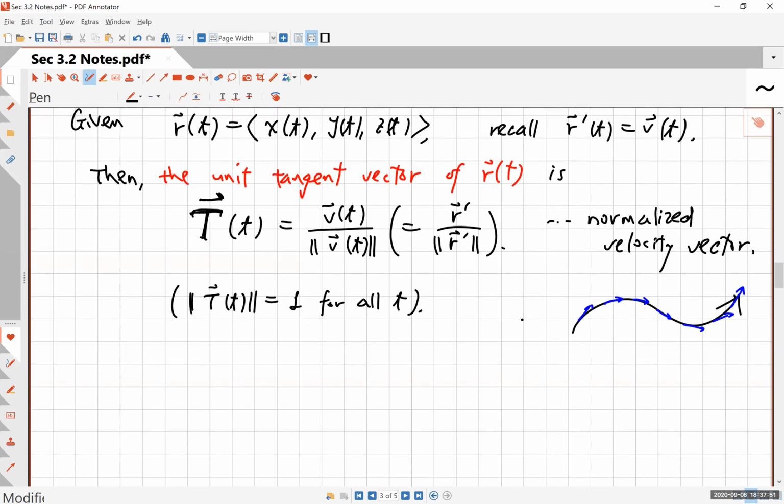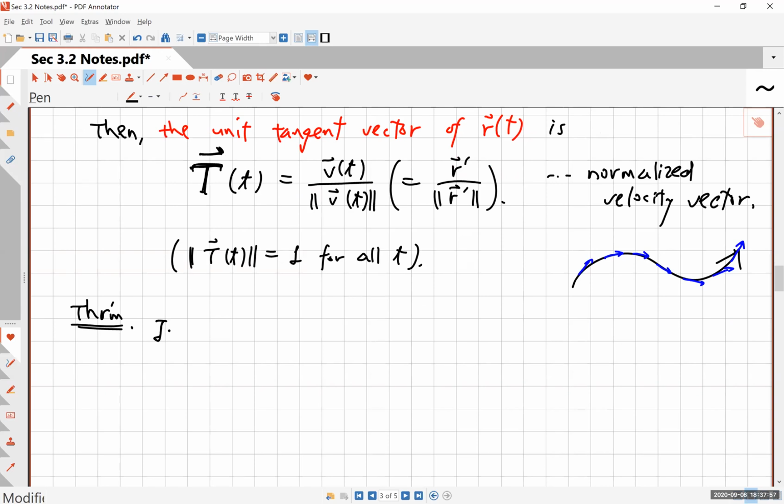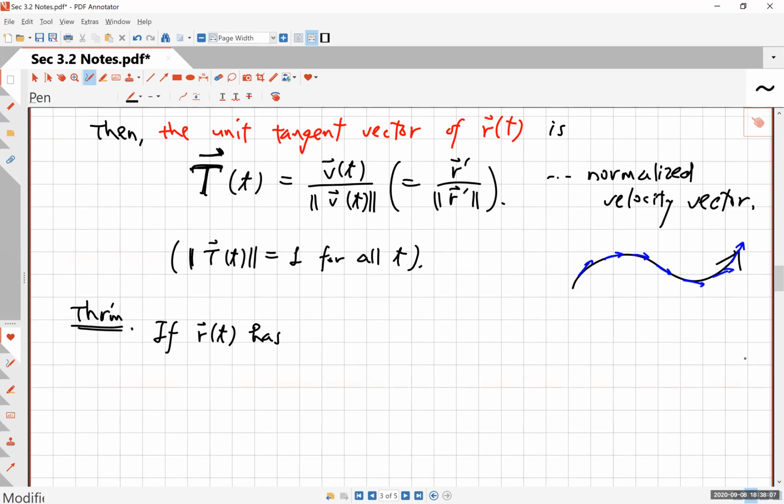And in fact, I'm going to prove this for you. This is a theorem that we will refer to later, probably in section 4. And so if you don't get it right away, that's okay. We will not use it for 2 sections. But I will use one fact from this right now. Here's the statement. If r has a constant length, so let's say you have this vector valued function r of t, but at every t, the length of r of t is constant, in other words, if r of t has a constant length, let's say c, for all t,